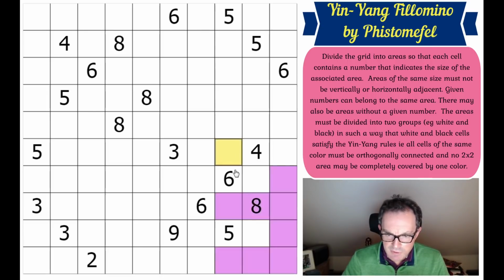Just have a quick look at that if you don't mind, just so I can visualize it. Of course, this wouldn't have to be part of the 5, but the 5 would have to do at least that. All of what we could say in this situation is because this would have to be green to avoid a 2 by 2, and this green has to connect to the rest of the grid, all of those would have to be the same colour. So this and this would be the same colour, and it'd have to go at least to here. So, okay, one thing that is a bit interesting about that